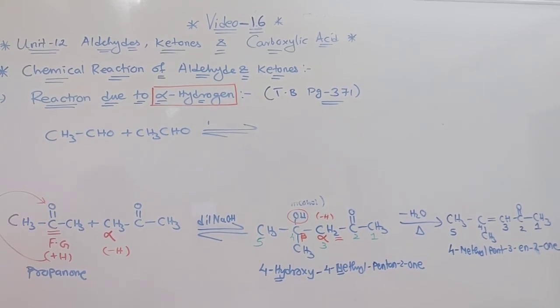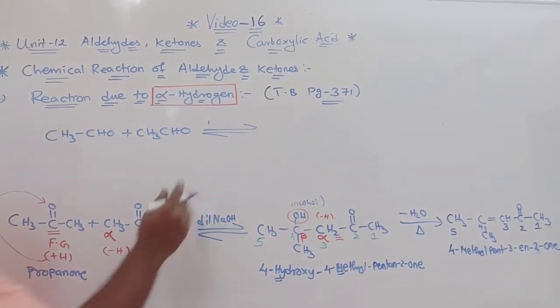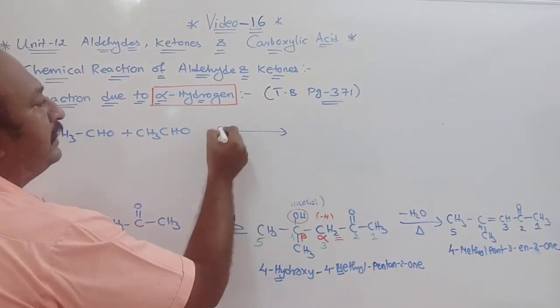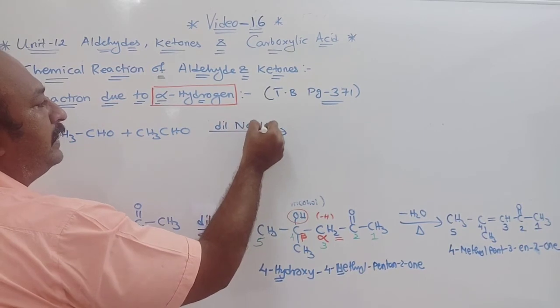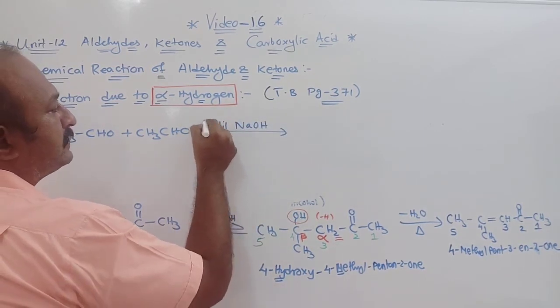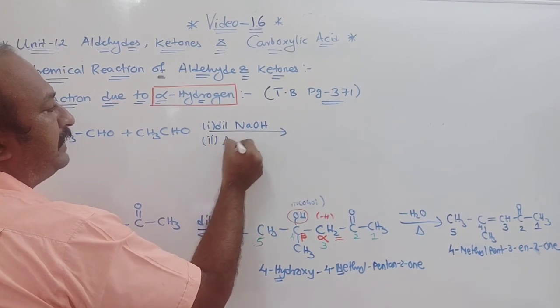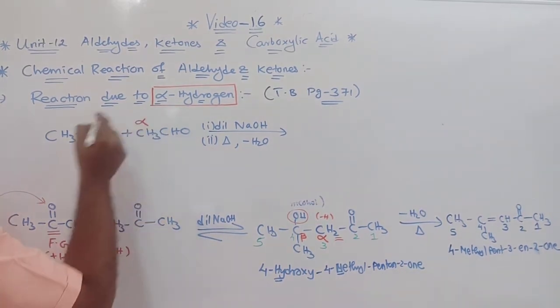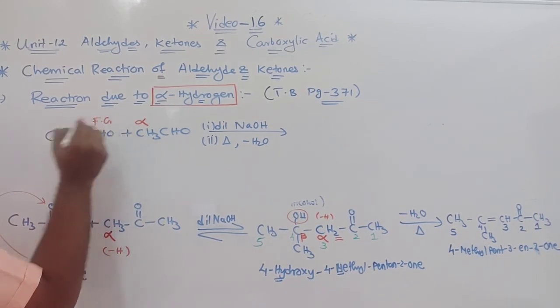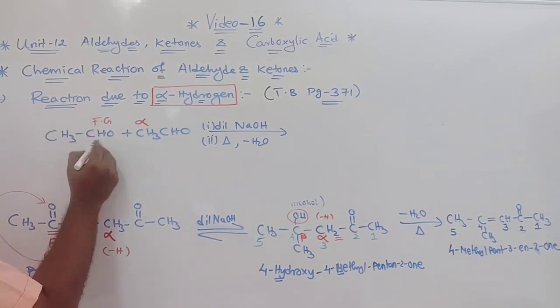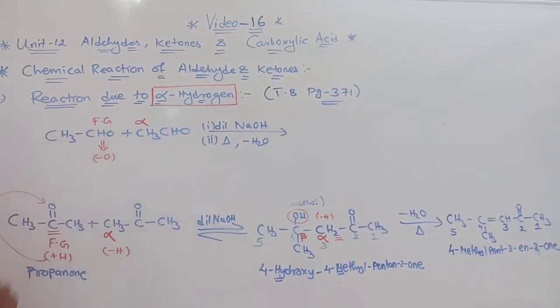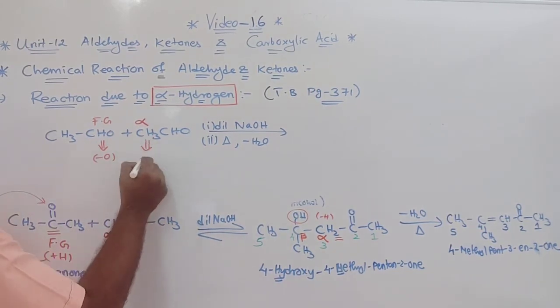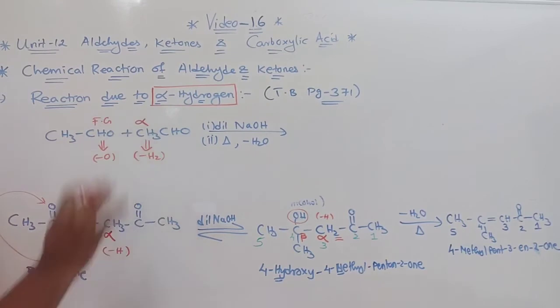and then if you see, that is in cross aldol it is being shown. First you treat it directly with dilute NaOH, and second by heating and removal of H2O. So in that case, if you want to understand, one simple way is that this one is your alpha and this one is what we say is the functional group carbon. Okay, so what to do in this case? Directly in this functional group carbon, remove oxygen. From alpha, you remove 2 hydrogens.